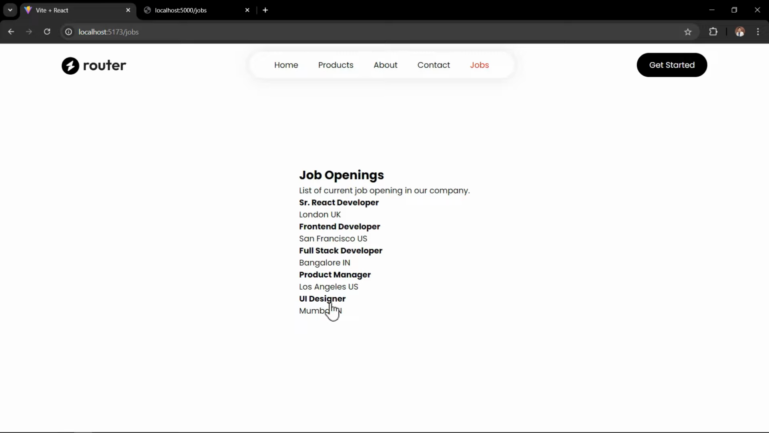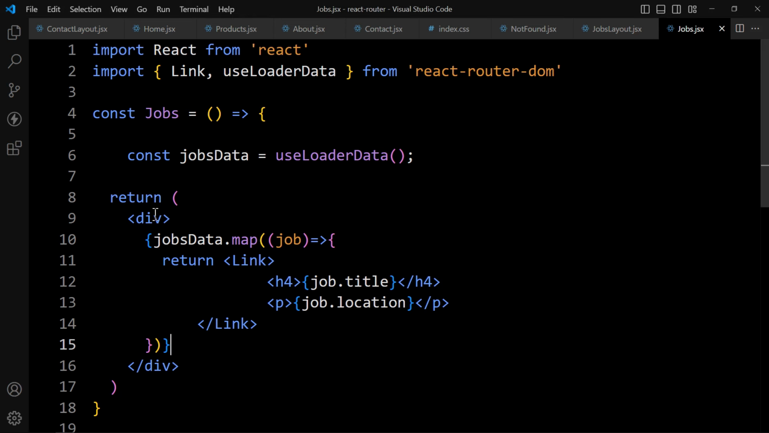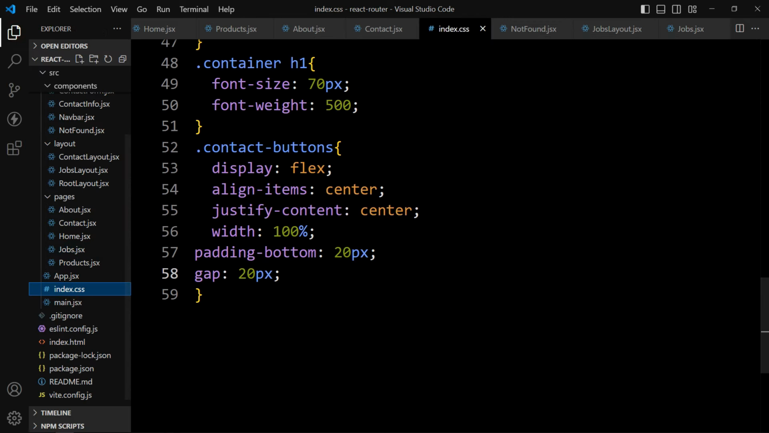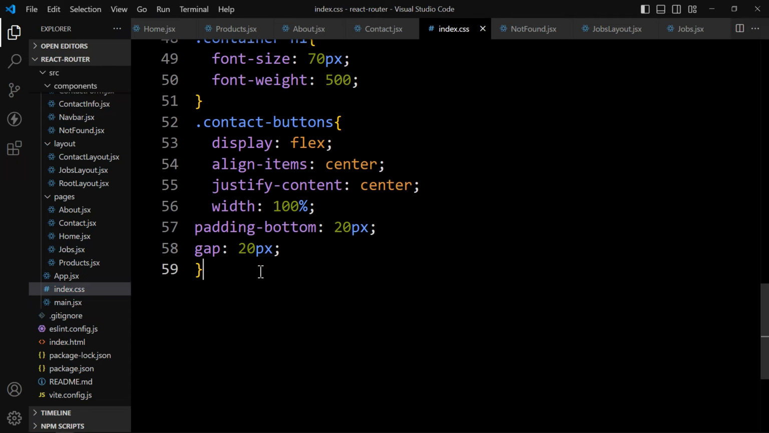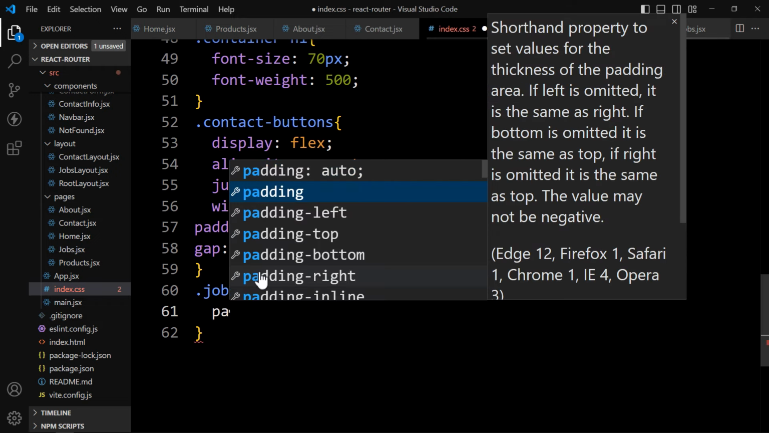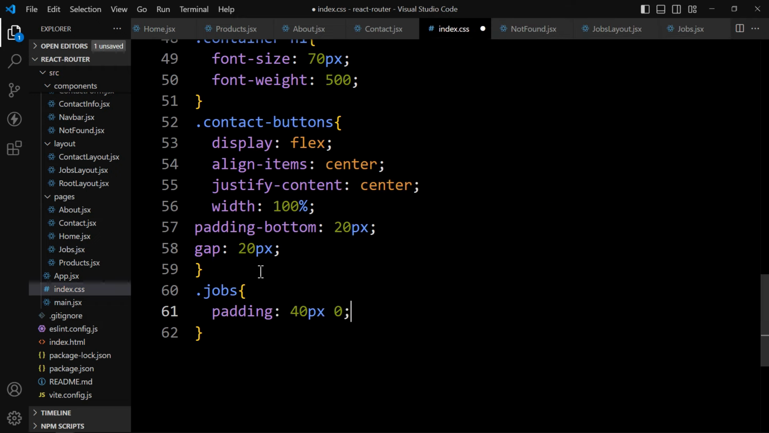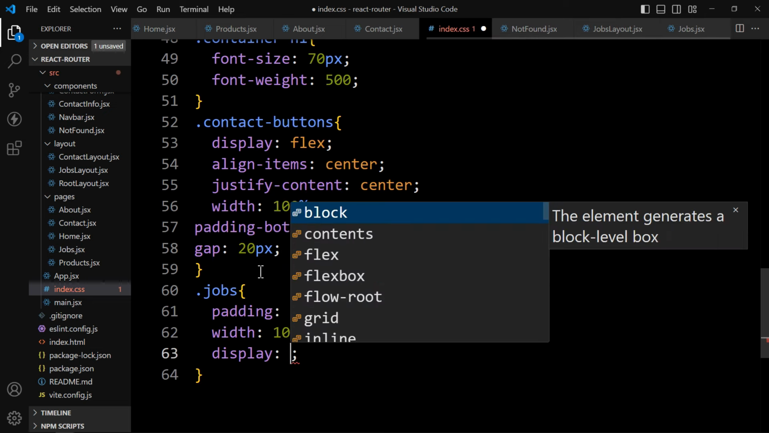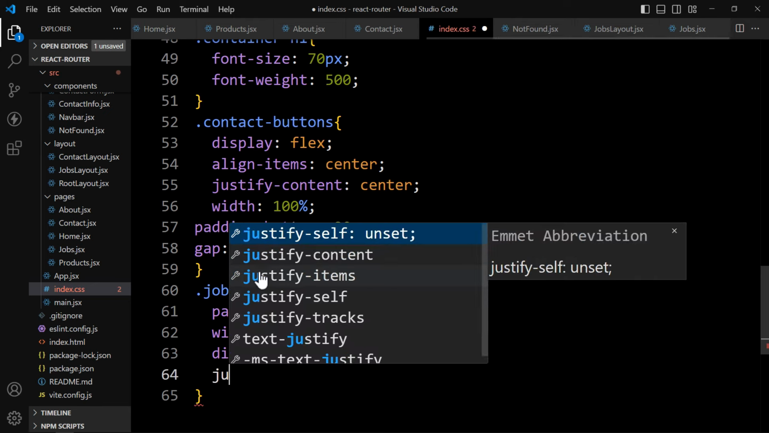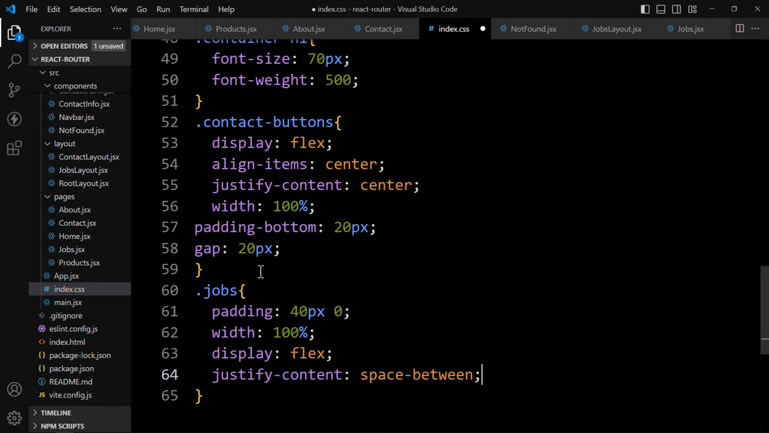Right now it is aligned vertically, so let me improve the UI design of this component. So let me just come back, and here in this div let's add a class name called jobs, and we will open our CSS file, that is index.css, correct? And in this one let's use that class name jobs, and for this one we will add some padding, then we will add width 100%, then we will add the display flex, justify content will be a space between, then we will add the